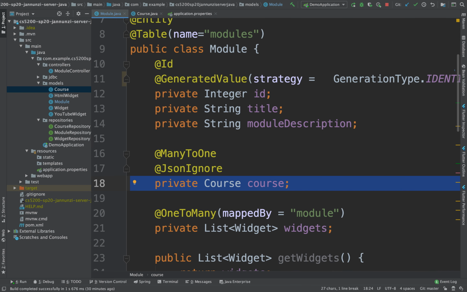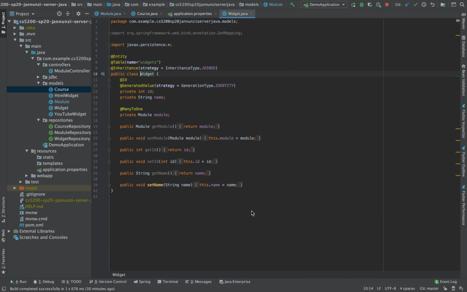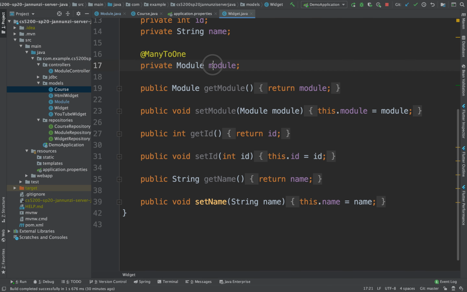The module itself had a one-to-many with widgets. So one module contained many widgets. And we modeled that again with a list of widgets with a one-to-many relationship to the widgets. And the widgets themselves then reference back to the module that they belonged to with a many-to-one, right? So we have